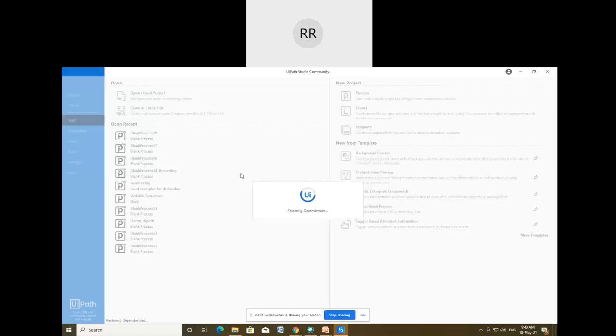Okay, so just wait a moment, let it open. Meanwhile, you also open your UiPath Studio so that you can see all those panels and everything.